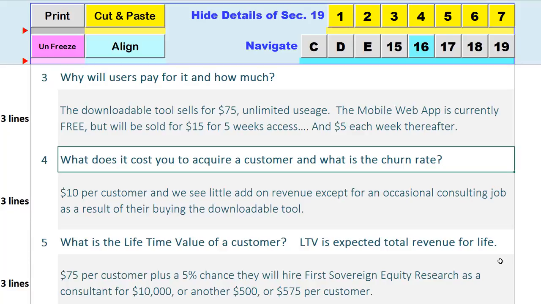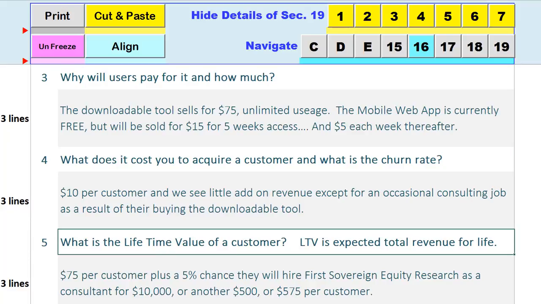You start acquiring customers and see how many dollars it took to bring in your group of customers, and then watch and see if these guys buy it once or continue to buy it over and over. And if they buy it once, do they bother to come back again? What's the lifetime value of a customer? Well, if it's a continual process, how many times will they buy it, and what does that sum total equal? In the case of my product here, I've turned it into a rental situation because I want that recurring revenue as opposed to a single one-time sale, buy it, and forget about me.